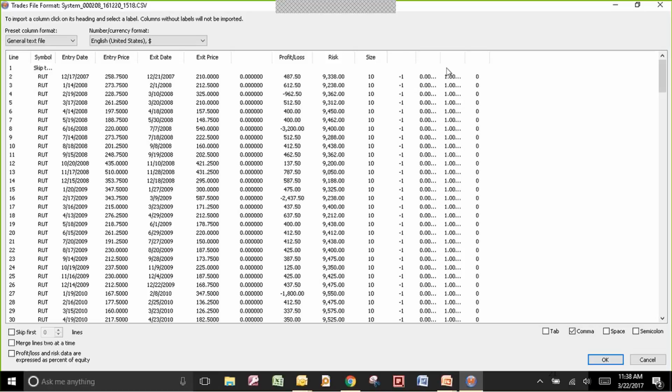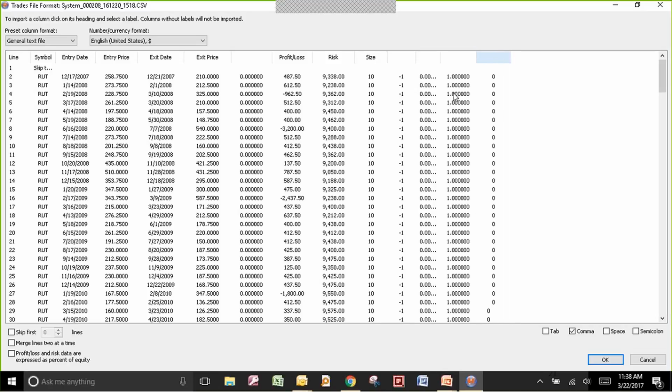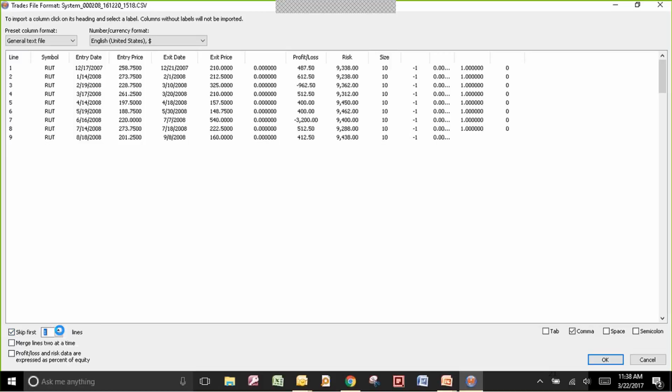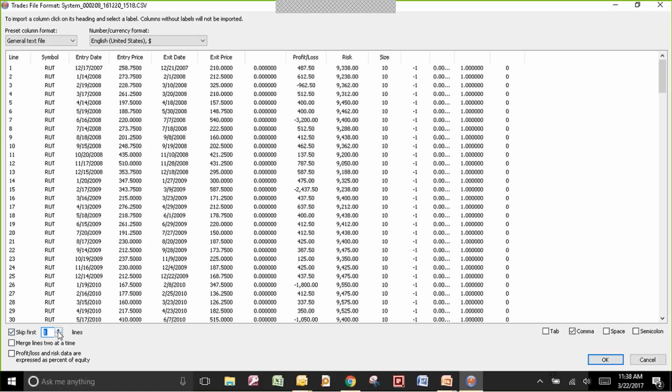But I think I've probably defined enough here that it's going to allow me to import it. Now, in the actual CSV file, the first line has my headers in it. So what you do is you come down here to the bottom, see where I'm checkmarking it here, skip the first, and I tell it skip the first one line. Well, now it's going to ignore the headers that are in the CSV file,